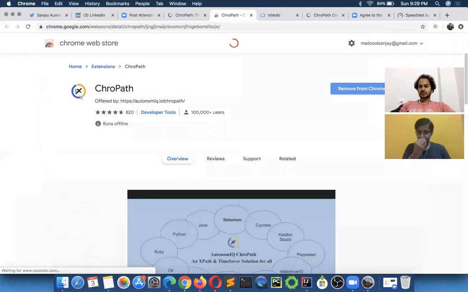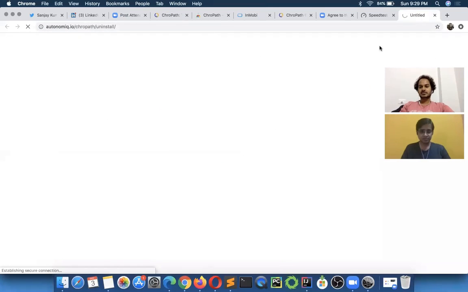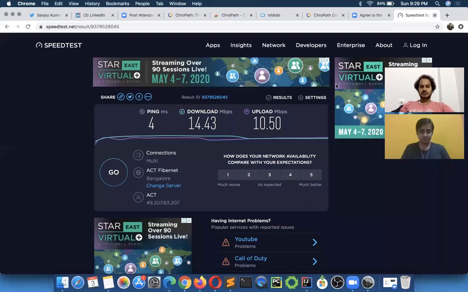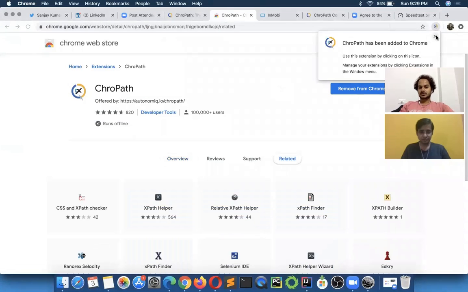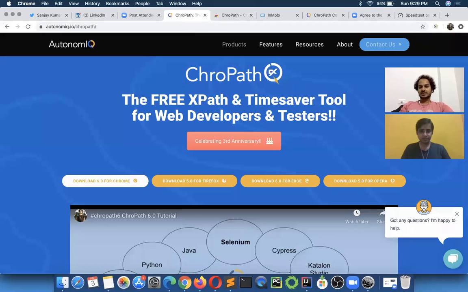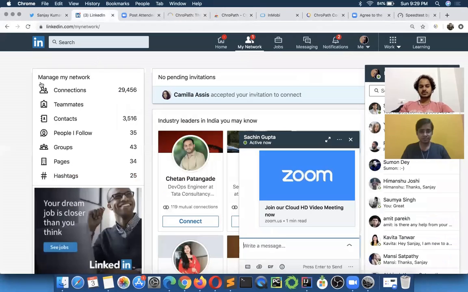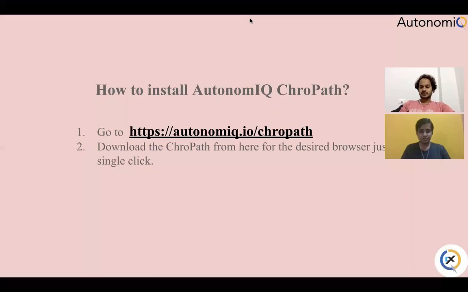I have already added it here, so let me remove and install it again. From here you click on add to Chrome, add extension. Once you add it in your browser, just restart the browser once, or refresh the existing tabs, and it will work fine. It's very simple.